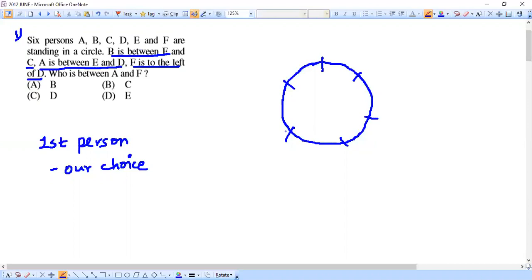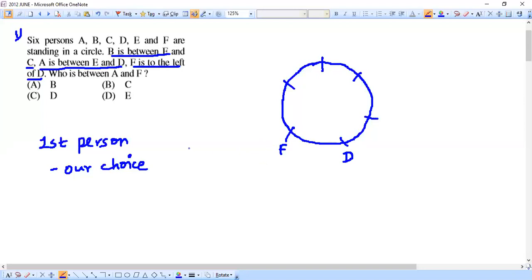This is what is given. So that means let's try to do a thing. Let's position the person D in one of these 6 positions. Okay. So let's take this one, this slot. Okay, let us just position the person D here, and according to this condition, F is to the left of D. So that means F will be to the left side of D. See here, that means we can position this F, the person F here. I think you're able to understand this. If D is here, then definitely F will be to his left hand side. Okay, so to his left, this is what happens. So D to his left, we are positioning F.